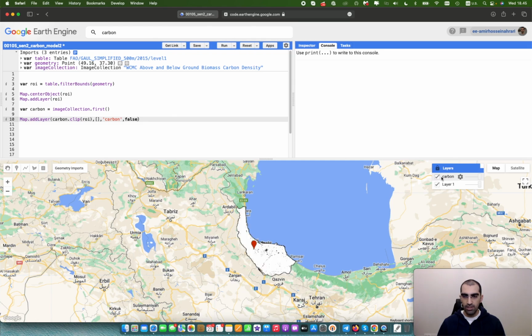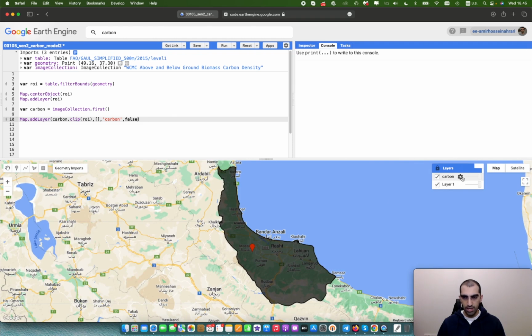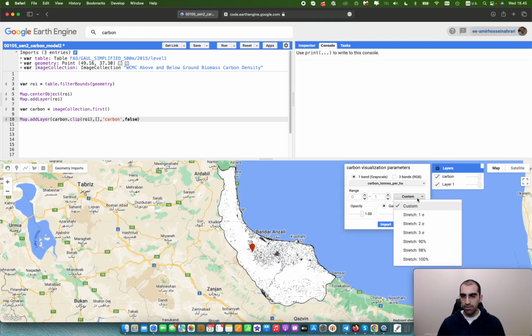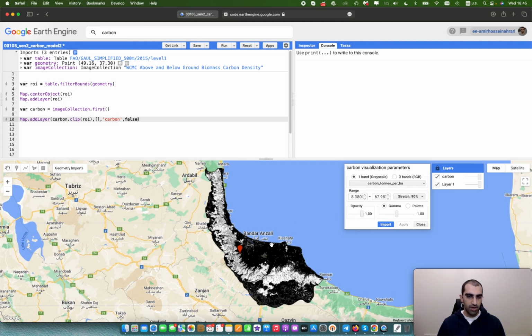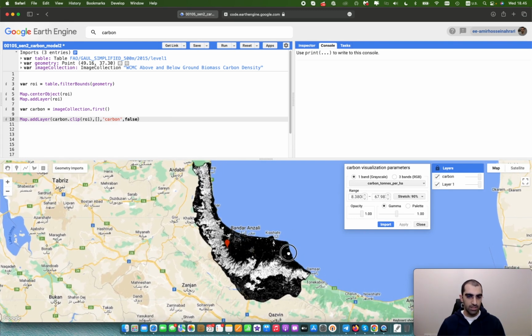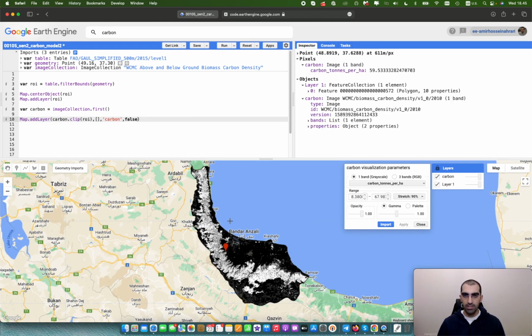If you click on it, you can see the carbon layer for your region of interest. Increase the contrast through the settings and 90% of the values available in this product. Click on apply and here you can see the carbon stock value for the forest, and it shows very well. So switch on the inspector to see the pixel values. As you can see, for example, the selected pixel has 59